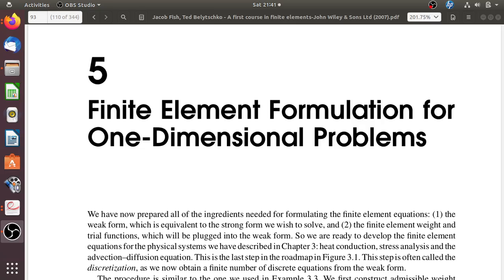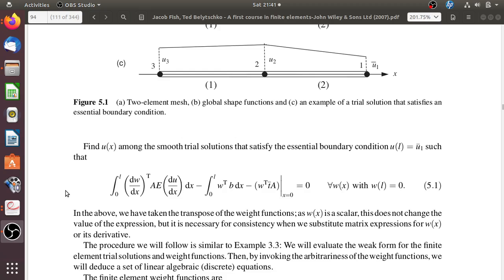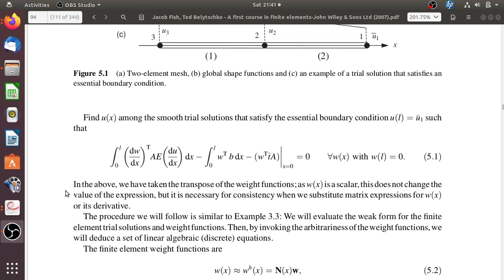So far we have discussed up to chapter number 4. So in this lecture we will start chapter number 5. So the first step in the finite element analysis is